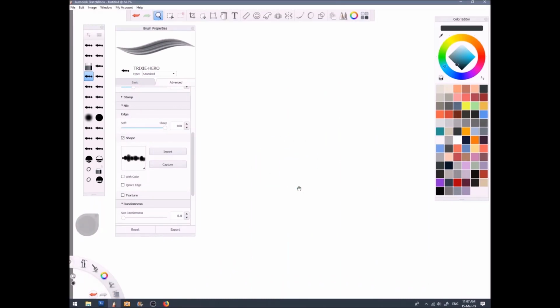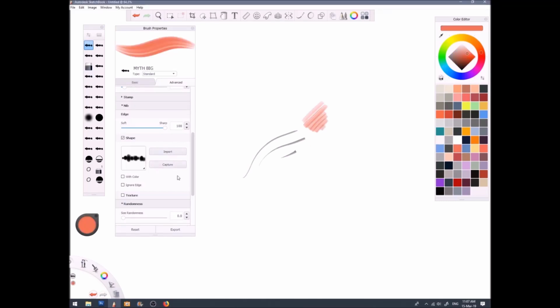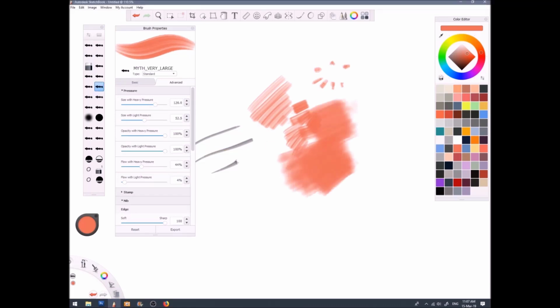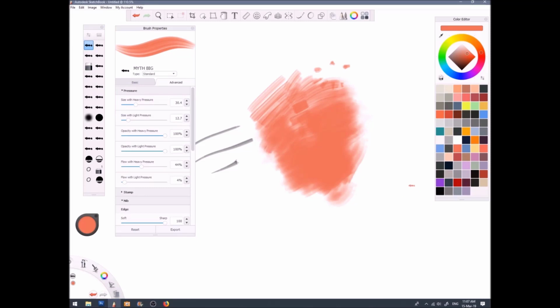So as with the brush I use for inking, similarly the ones I use for painting, pretty much the same settings, except not quite so sharp a falloff for the tip. I do have a set of these as well, all set to different sizes, and I keep them at those sizes rather than scaling them up or down. This way I know exactly what I'm going to get with those, and it keeps a kind of uniform approach across all the painting. The nice thing with this is it gives a little bit of extra detail, a little bit of extra grain